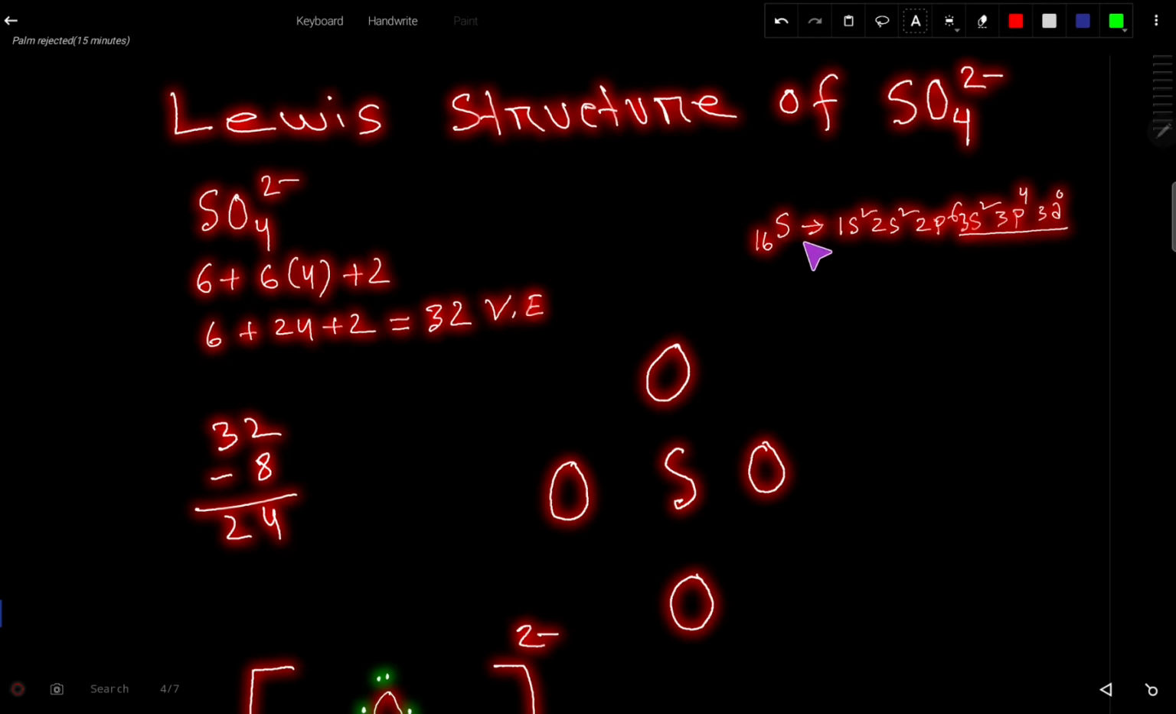Look, from the electronic configuration of sulfur, we see that the third shell is the valence shell. In the valence shell, we have 2 plus 4, 6 valence electrons for sulfur. Look, there is an empty d orbital, which is the reason sulfur can break the octet rule. However,